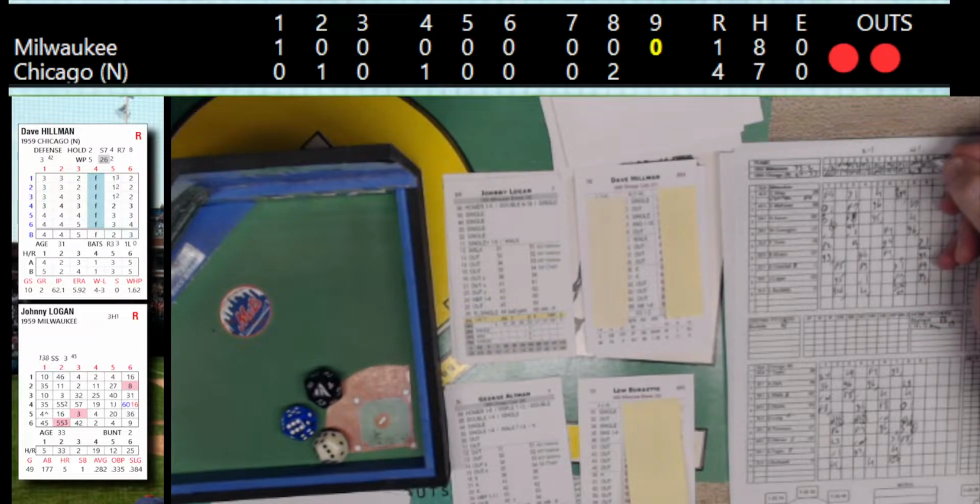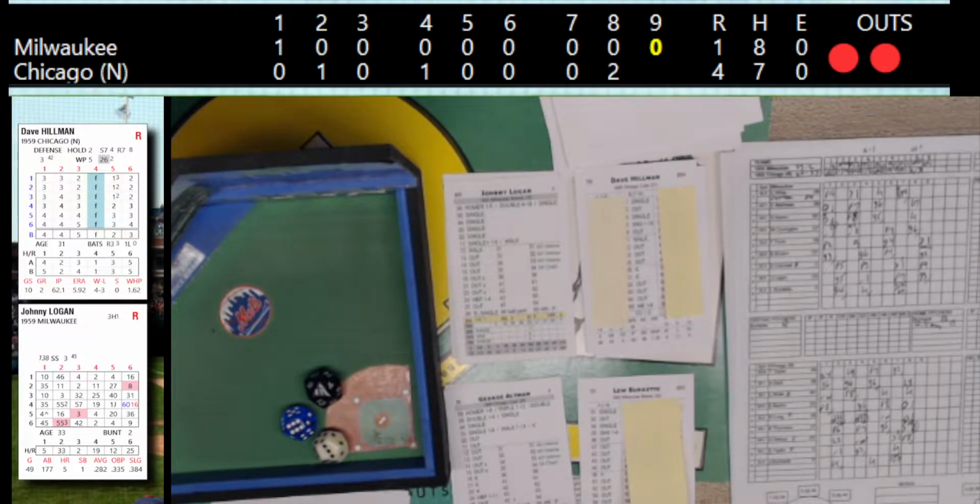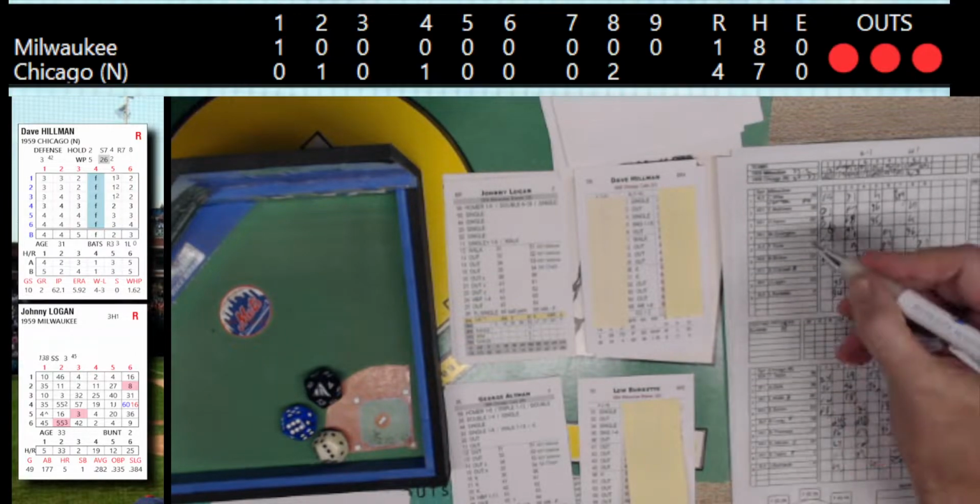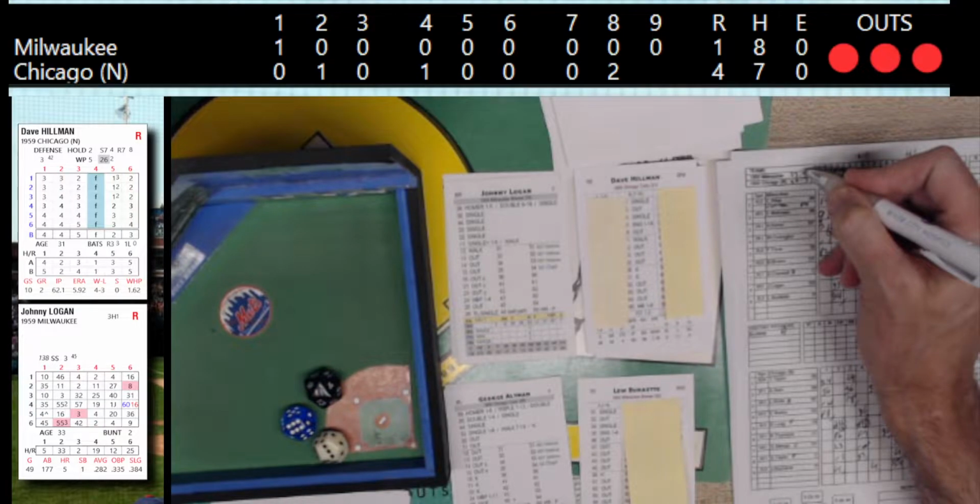No runs, 1 hit, 1 left. And the Cubs defeat the Braves 4-1. The Cubs with 4 runs, 7 hits, no errors. The Braves with 1 run, 8 hits, no errors. Last out of the game is made by Logan. And it's 33-23 for the Braves now.